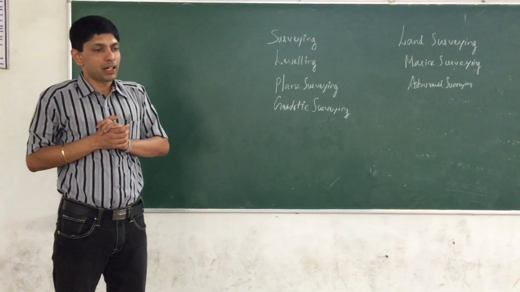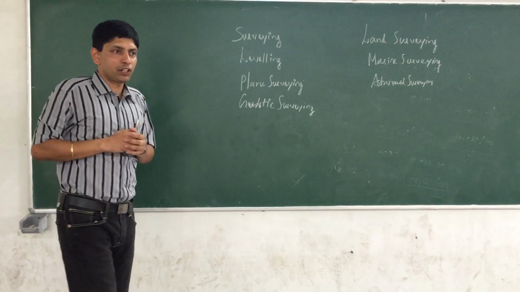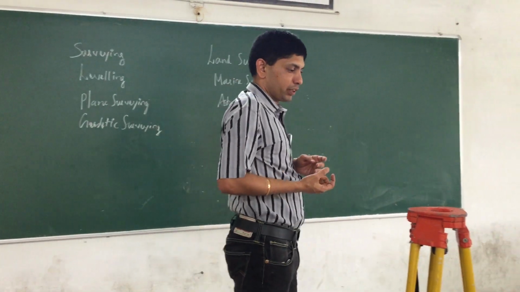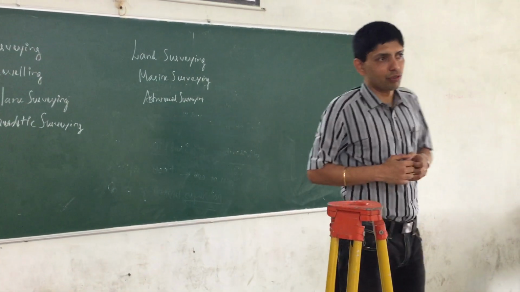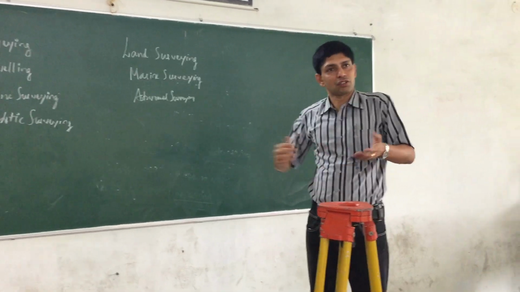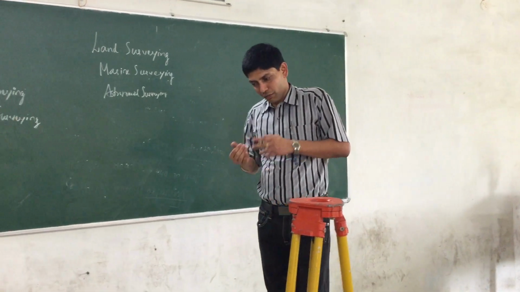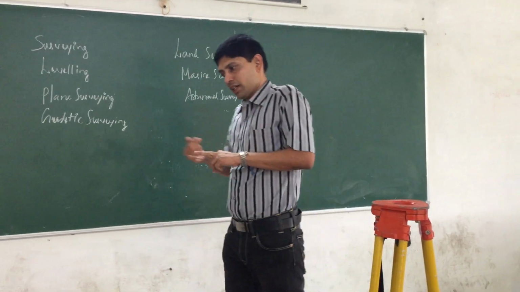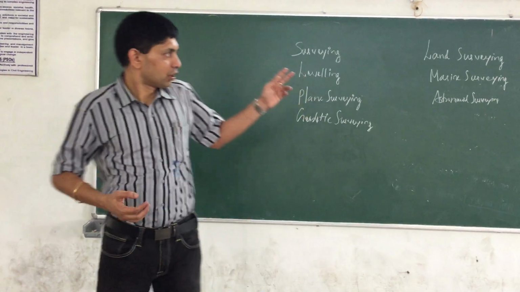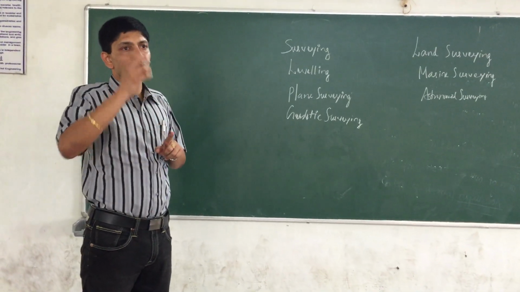The survey that is taken on a river requires only the depth, which we call sounding. Measuring the depth of the water is known as sounding. Only a very simple method is used for this kind of work on a river, a small bridge, or a small lake. But if you go for the second one, the ocean surveying,